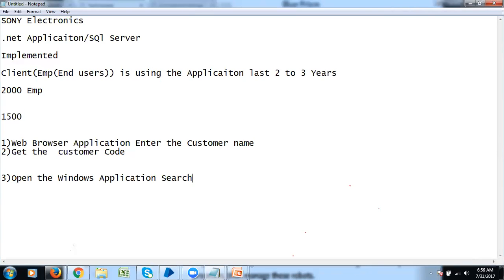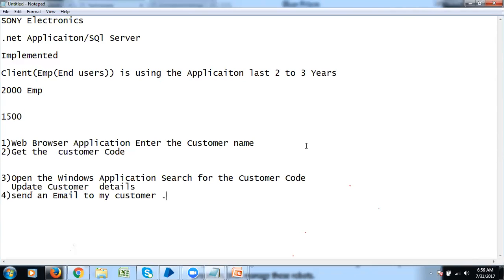They are going to search for the customer code and update customer details. Then after that he is going to send an email to my customers. That's what the human is doing.